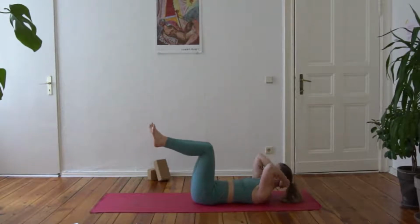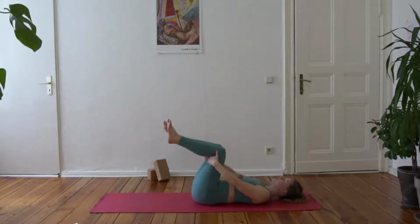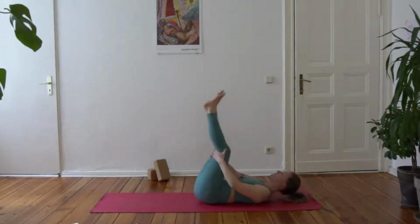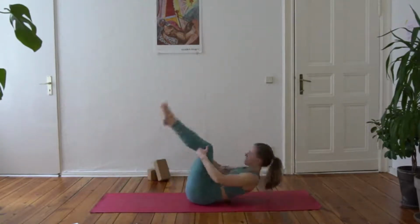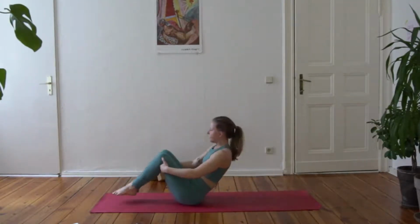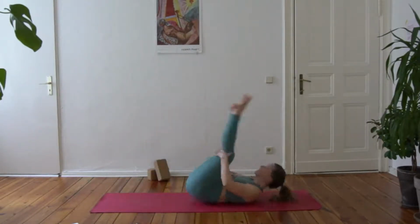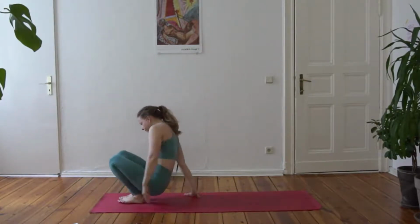Inhale back through center and then lay the shoulders on the ground. Exhale. Bring your hands behind your knees and then begin to roll along your spine here a few times. Just massaging your spine, your back muscles. And then the next time you come forward, ground your feet and use your hands to push you up so